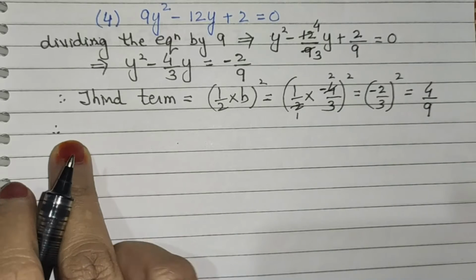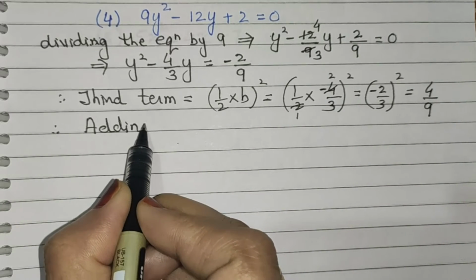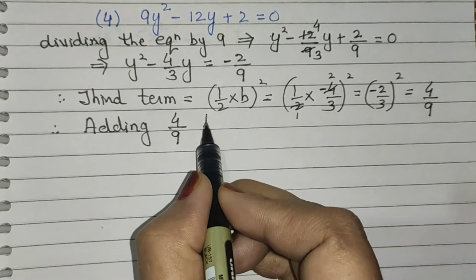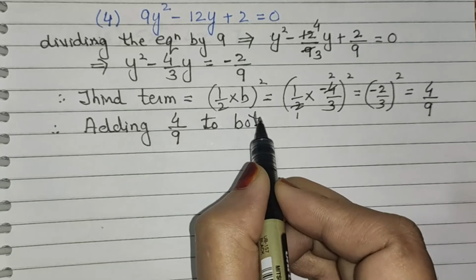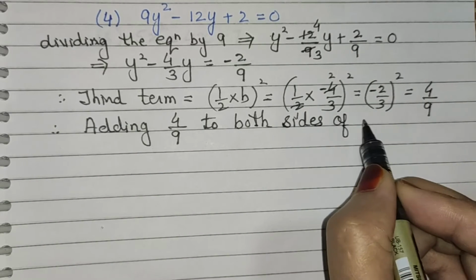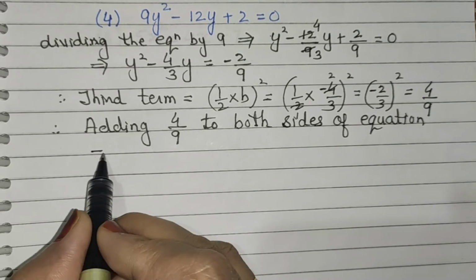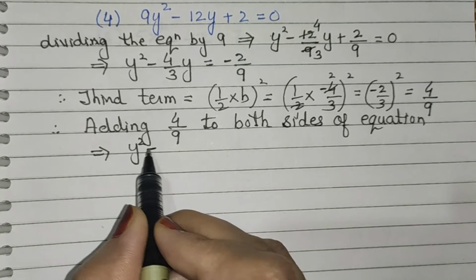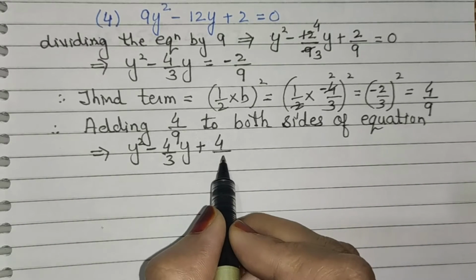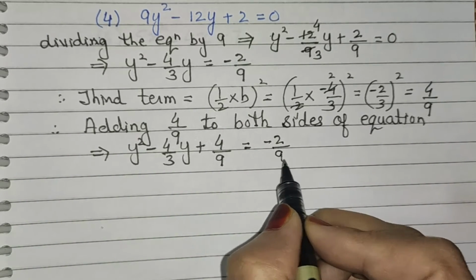Now next step is adding third term, here third term is 4 upon 9 to both sides of the equation. Therefore, we get y square minus 4 upon 3y plus 4 upon 9 is equal to minus 2 upon 9